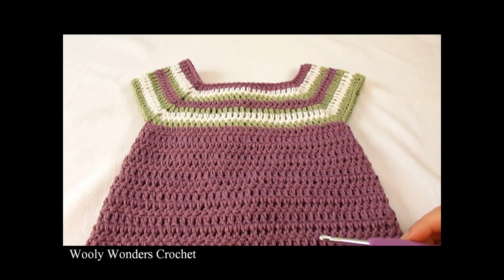Hi everyone, so in this video I'm going to show you how to crochet this cute little girl's dress. So this dress can be made in a number of different sizes, and for all of the information on how